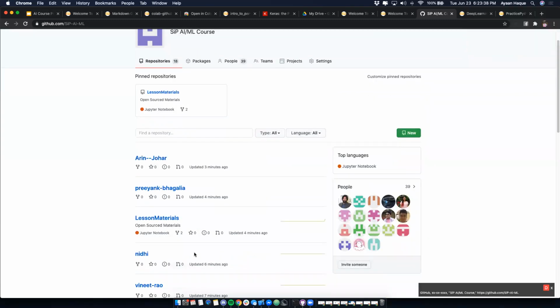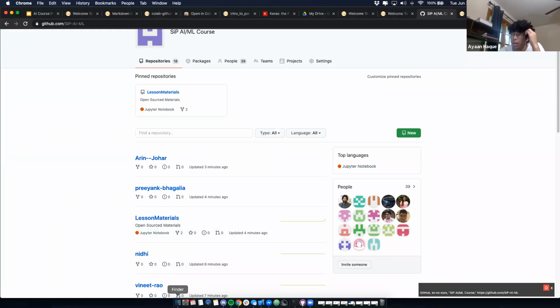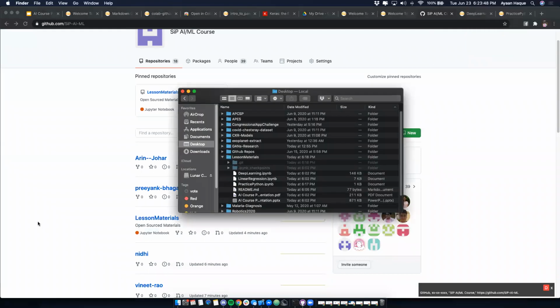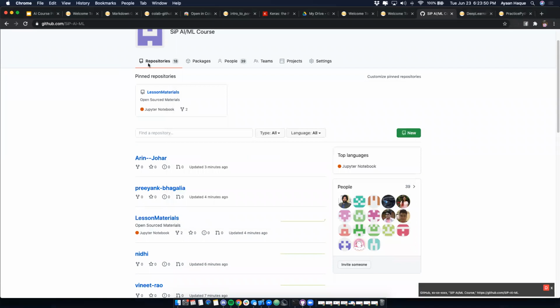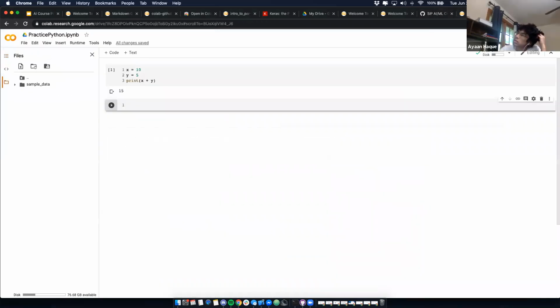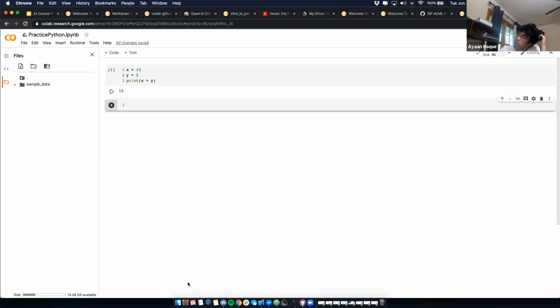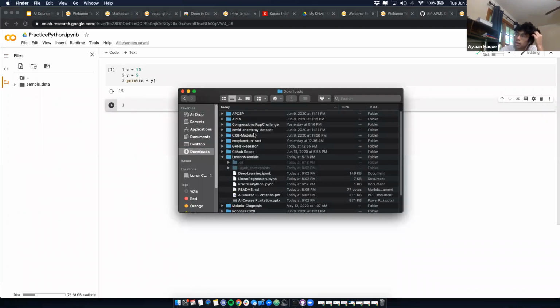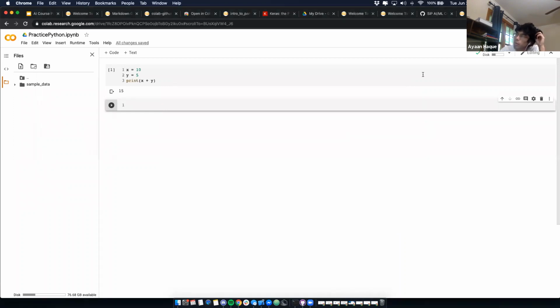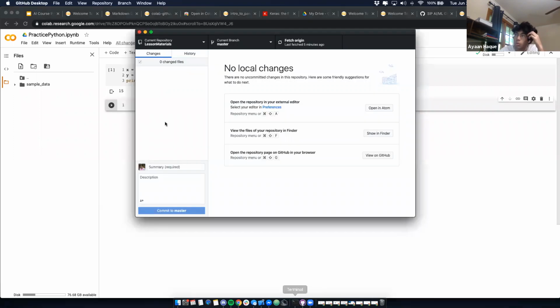Yeah, I have a question. How do I push something into my repository? So you downloaded the file, right? No. How do I download it? So download your notebook, right? It's the IPYNB. Then take that file that you downloaded and move it into your folder that you cloned, right? So you should clone your own repository as well. And then once you move it in, you'll be able to commit to master. You'll be able to commit your changes. And then you can push to origin.